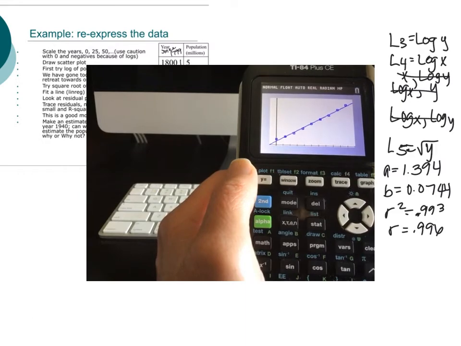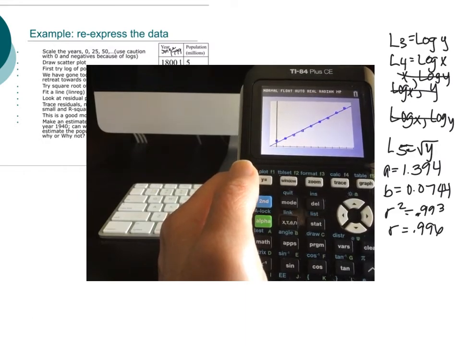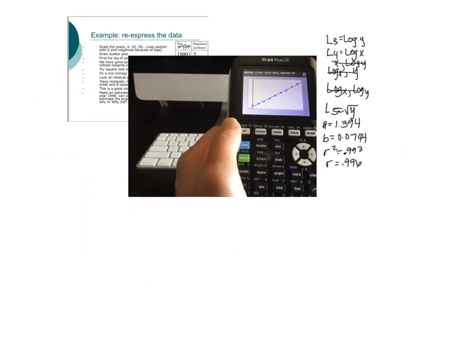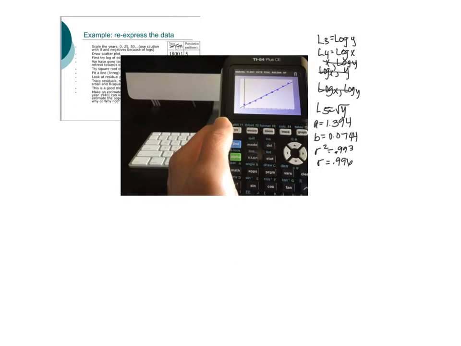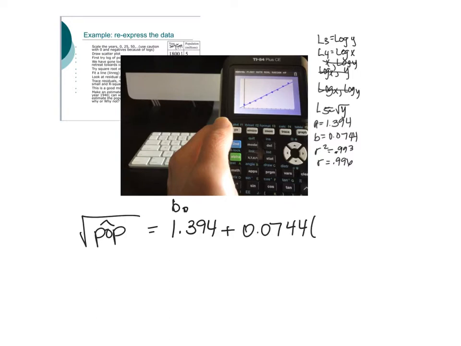So how do we write the equation of that model? Our equation is the square root of y, the square root of the population hat, right? Remember we put the hat because it's the predicted value, is equal to our y-intercept. That's b naught in our book. It's a in the calculator, 1.394 plus 0.0744 times years